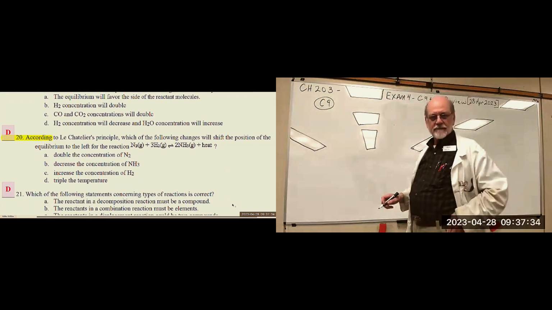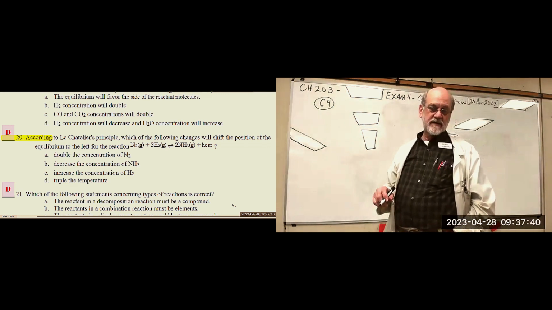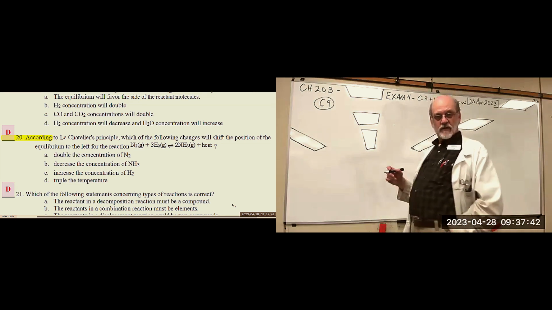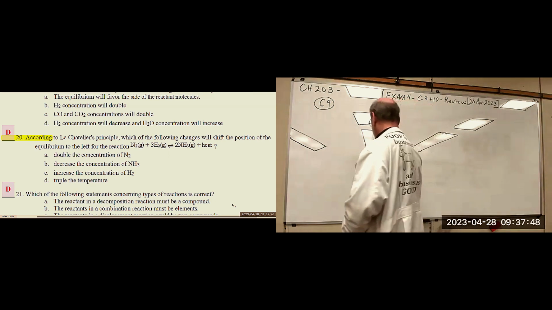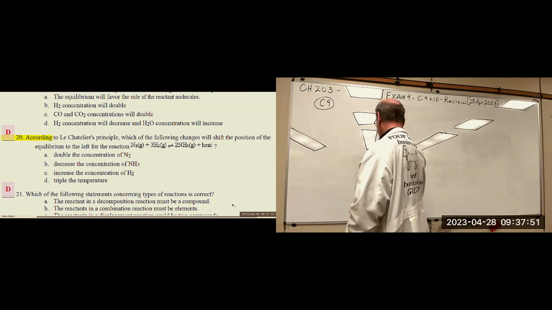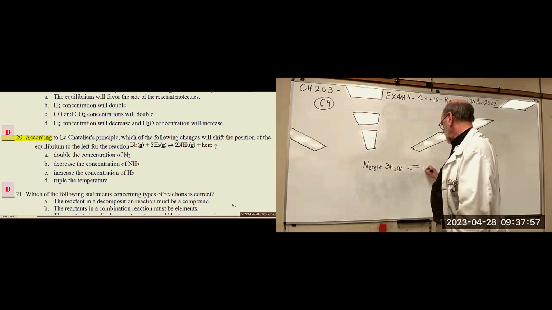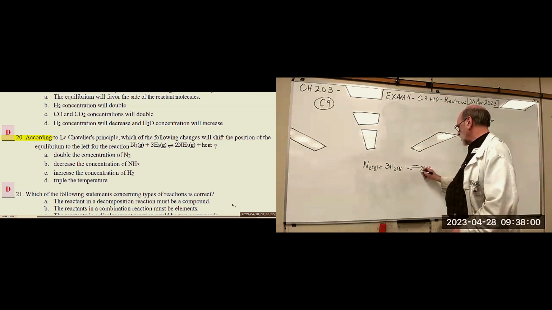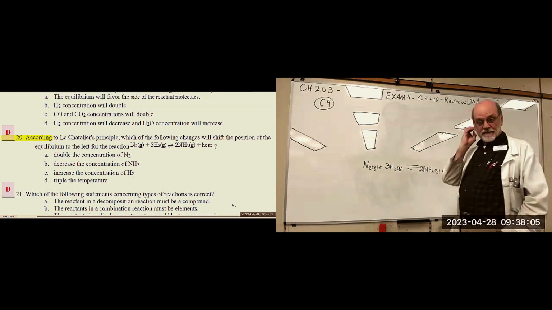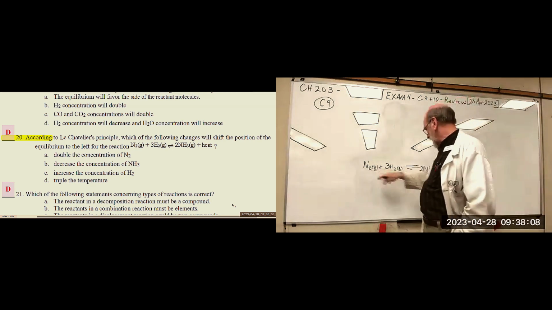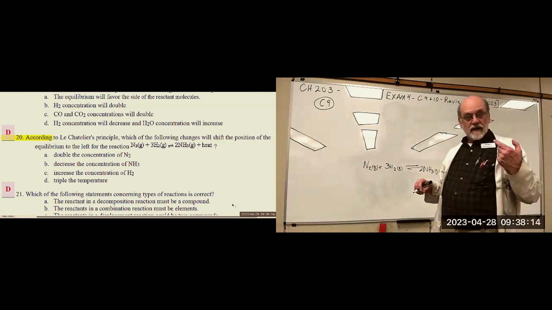Le Chatelier's principle again. Which of the following changes will shift the position of the equilibrium to the left for the reaction? All right, so we have nitrogen and hydrogen. Oh, this is the Haber-Bosch process. Nitrogen gas plus 3 hydrogen gas yield NH3, ammonia gas, plus heat. Okay, is that balanced? 2 nitrogens, 2 nitrogens, 6 hydrogens, 6 hydrogens. Okay,